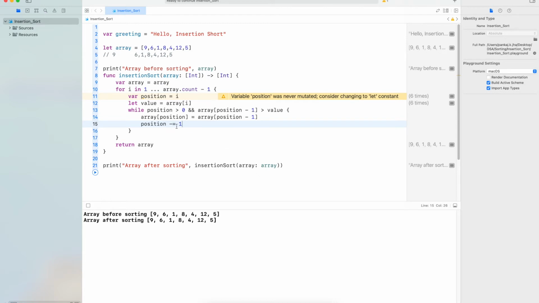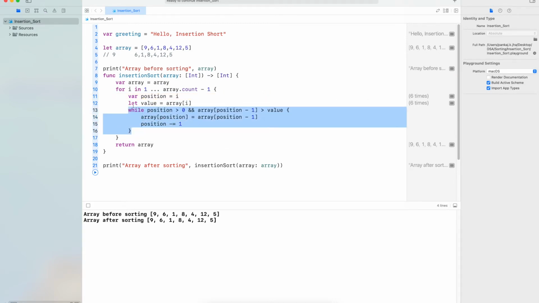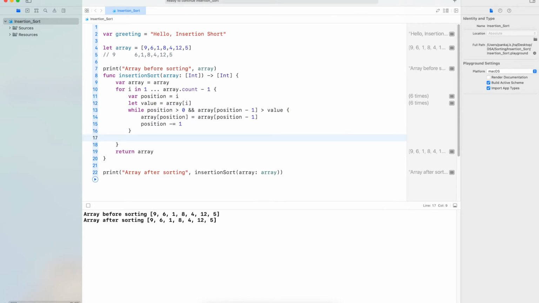And after that, if there is no more value to be compared, that means we reached the correct position. Either no more value to be compared, or the previous elements are not greater than the current value. So we'll assign the value at this position: array of position equals value.